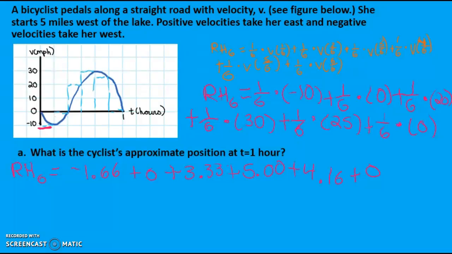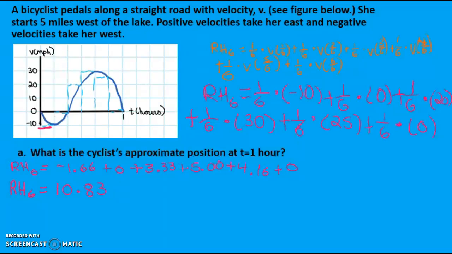And when you add all that up, that equals 10.83, which is because the negative 1.66 has to be subtracted, and so ultimately you're going to get 10.83. Okay, so this 10.83 is going to be the change basically that's happening between t equals 0 and t equals 1,